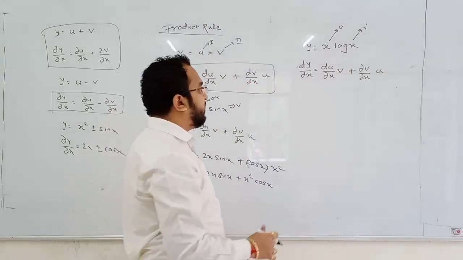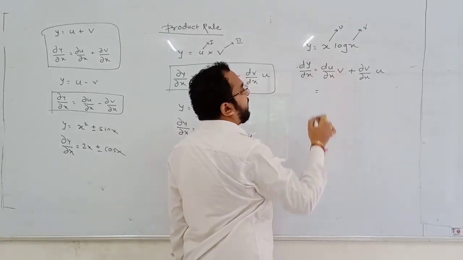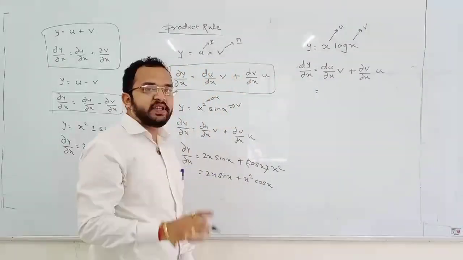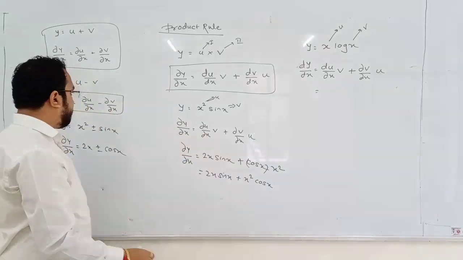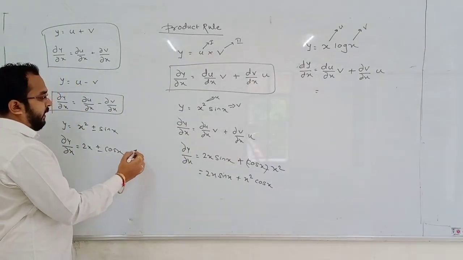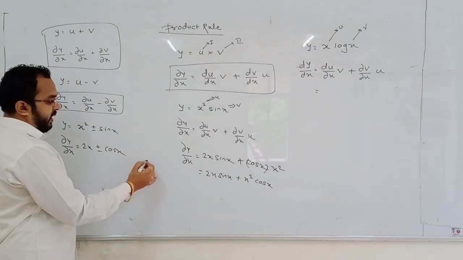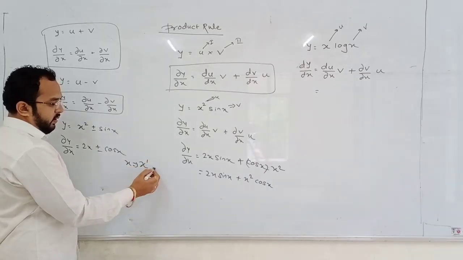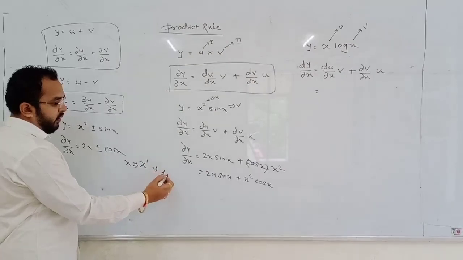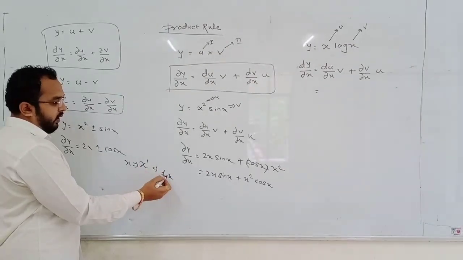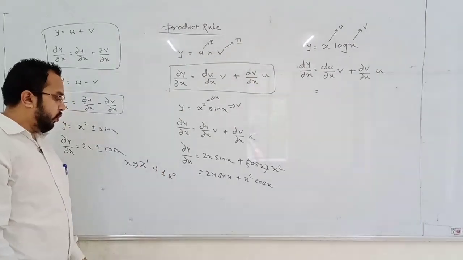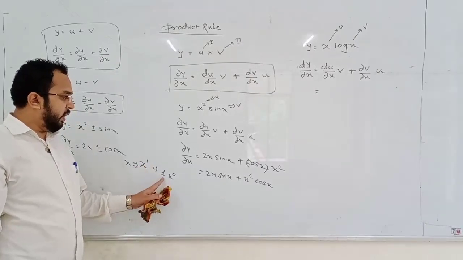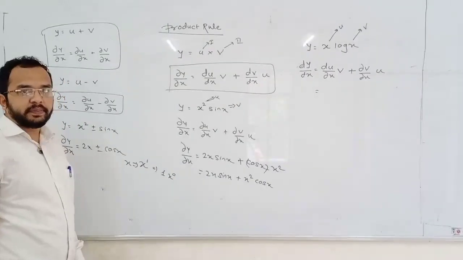Okay. What is the differentiation of first? What is the differentiation of x? x means 1x. What will be the differentiation of x? x means x to the power 1. When this power comes to the numerator, 1 comes to the numerator and the power becomes 0, because take the power in the numerator and reduce the power by 1.